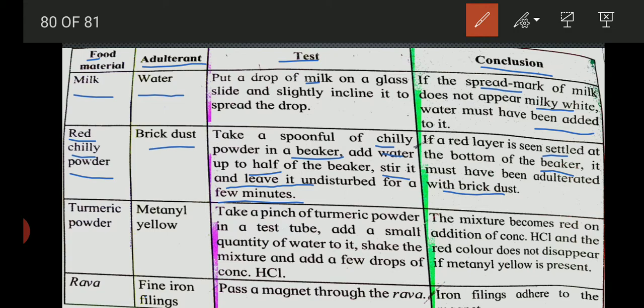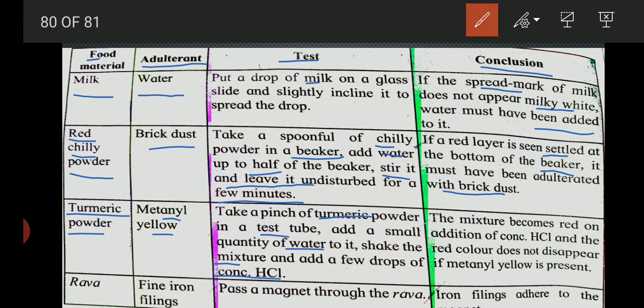Now the third food material is turmeric powder. The adulterant here is methanol yellow. The test which is conducted is: take a pinch of turmeric powder in a test tube, add a small quantity of water to it. Shake the mixture and add a few drops of concentrated HCl, that is hydrochloric acid.